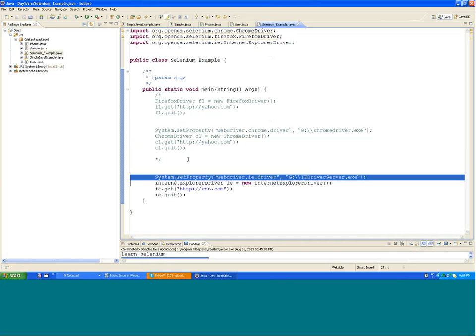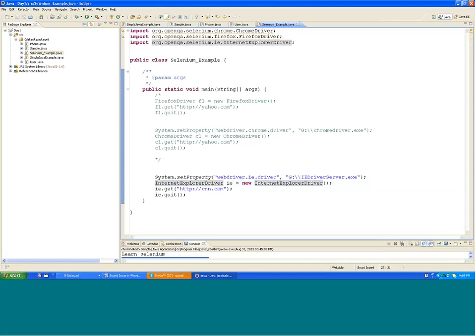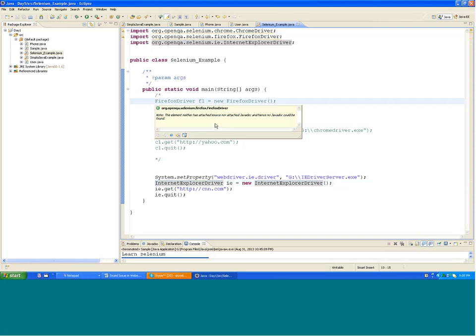Today I'll move further on, and the place where we had left yesterday was that I told you that each browser had a different driver class. Does that mean that each driver class will have its own set of functions? If I have to perform an operation, for example, if I have to write in an input field using Firefox driver, will it